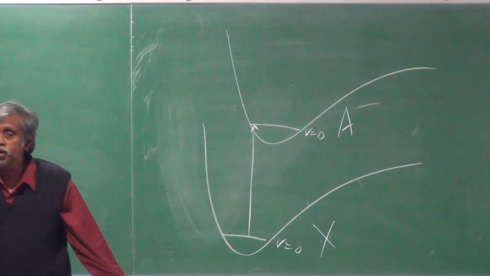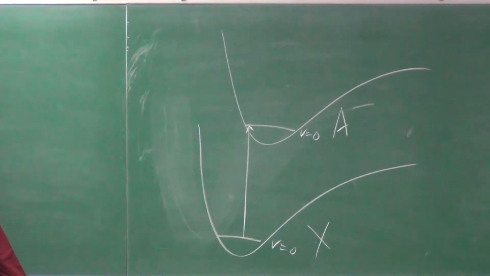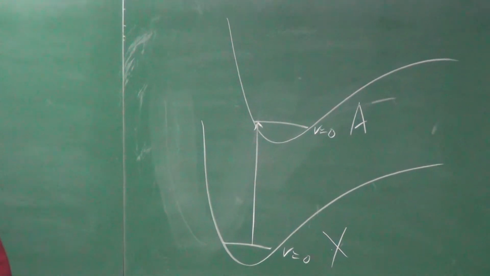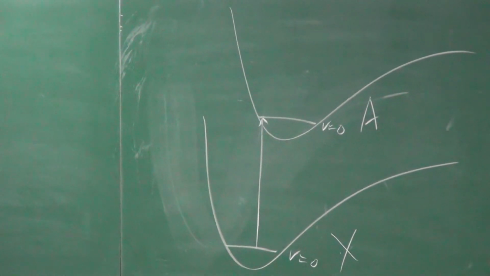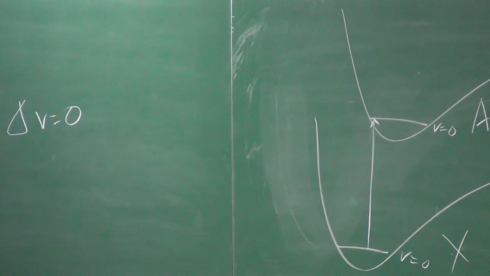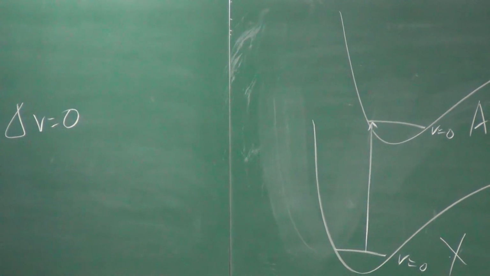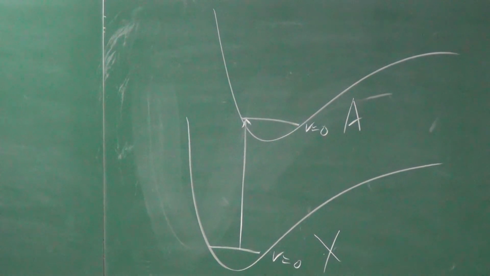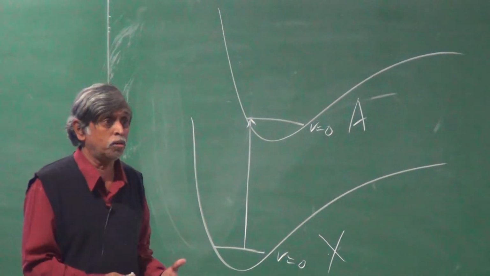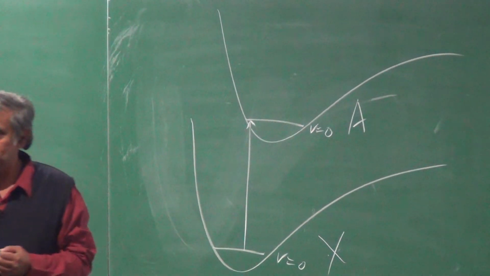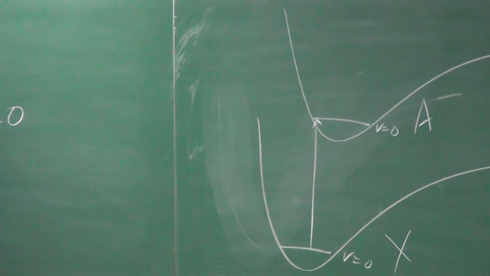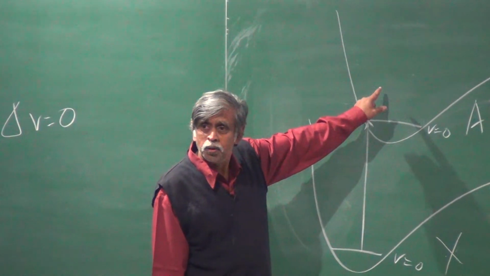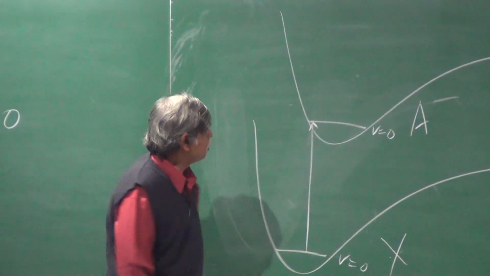If I do this, what is my change in vibrational quantum number? Delta V is 0. So if you thought that rotations had a certain pattern, what I learned in rotation spectroscopy seemed to obey in vibration, seemed to obey in electronic. Now, does that mean what I have learned in vibration spectroscopy with respect to changes in the vibration quantum number, which is delta V equals plus minus 1, will be okay here? Which means that starting from 0, I shouldn't go to 0, because that tells me this plus minus 1. Therefore,